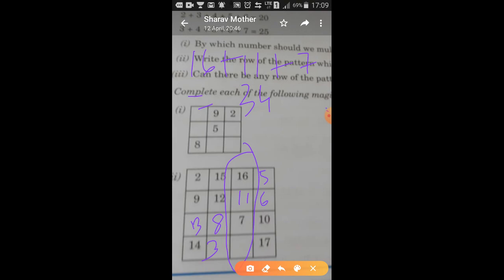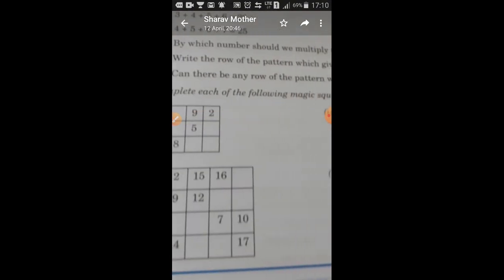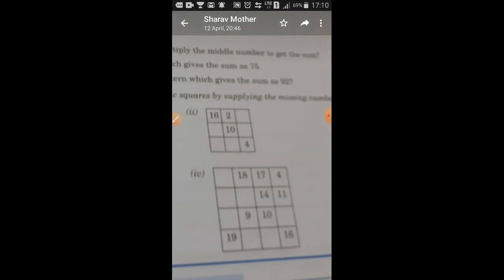What do you need to add to 34 to make it 38? You need to add 4 to 34 to make it 38. Yes, so you write 4 over here. Yes, and that's it, the sum is done. So this is how you're solving the magic squares. Yes, so these two of them I have solved for you, but still you're going to do it on your own. And these two you're doing completely on your own.